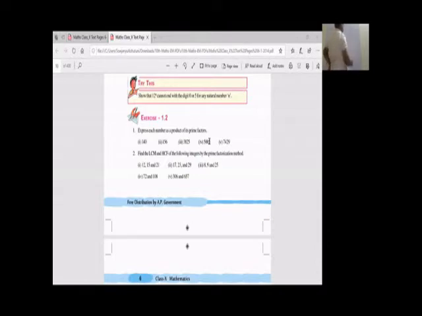Now here 143 is divisible by what? Is it divisible by 7? No. Next 11. Is it divisible by 11? 11 ones are 11, 11 threes are 33. So the factorization of 5005 is equal to 5 into 7 into 11 into 13.